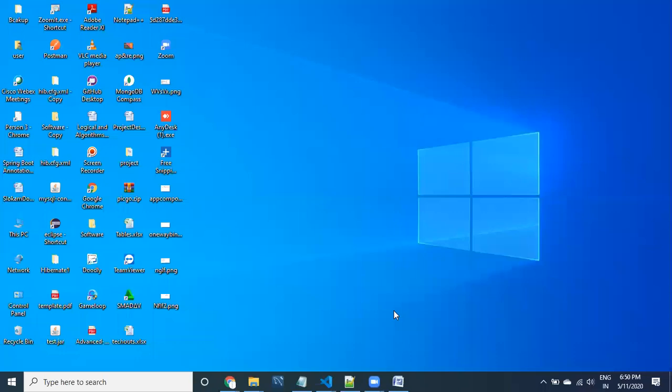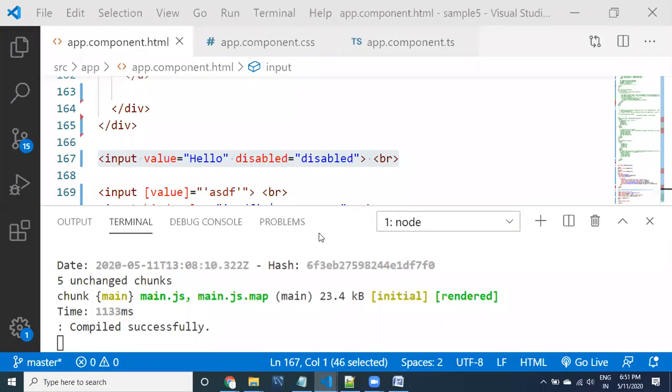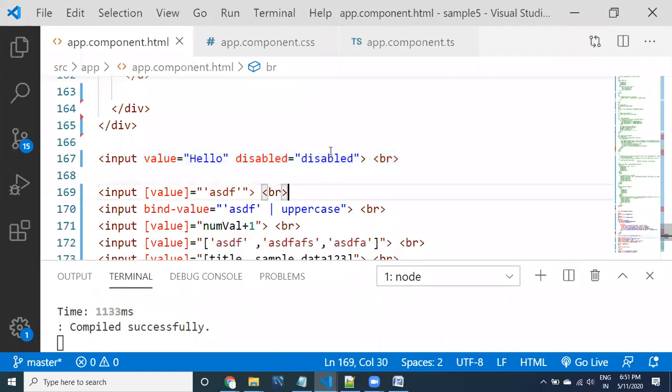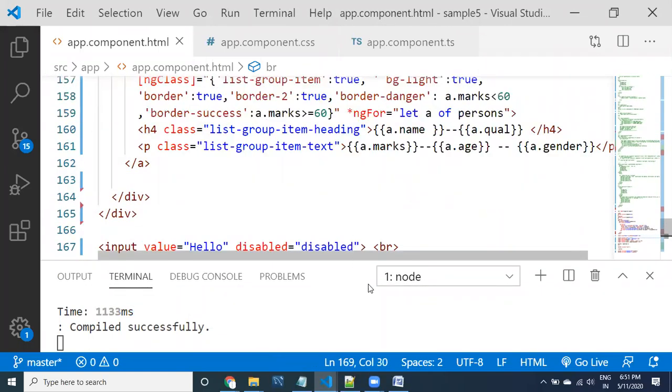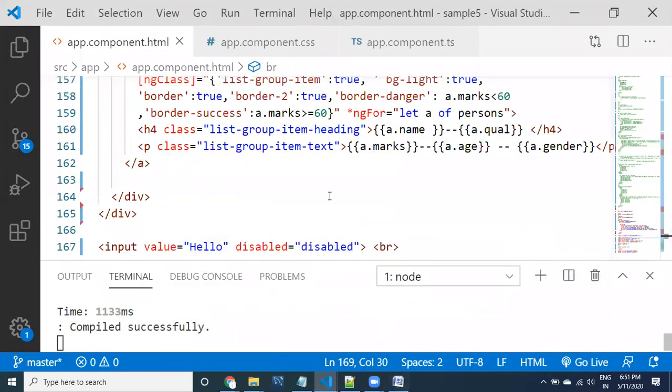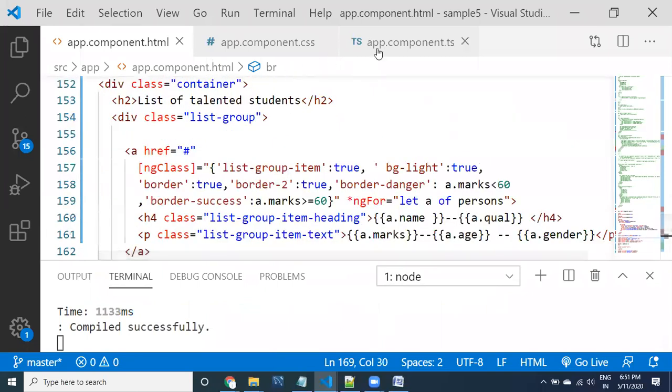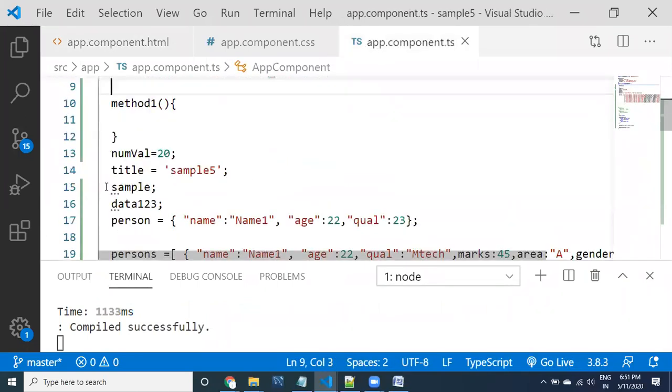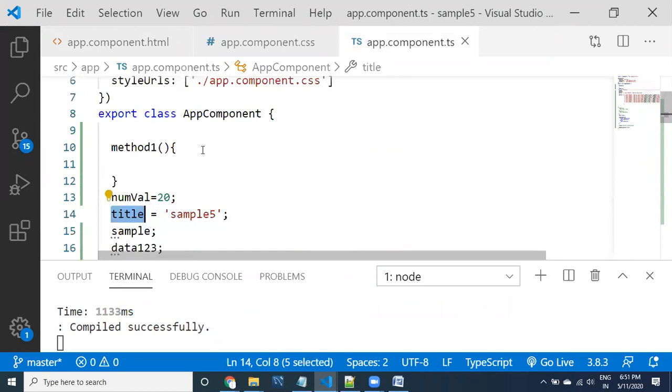In the component class, if you create variables, let me show you the properties. Property means, again, you have to understand two types of properties here. When you are talking about Angular, there are two types of properties. If you take the component class, this is a property. Exactly, this property is a component property.